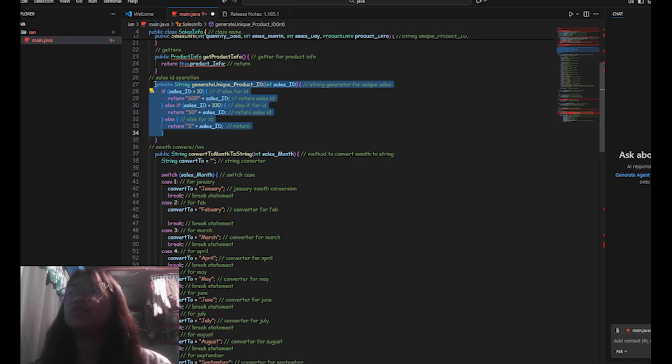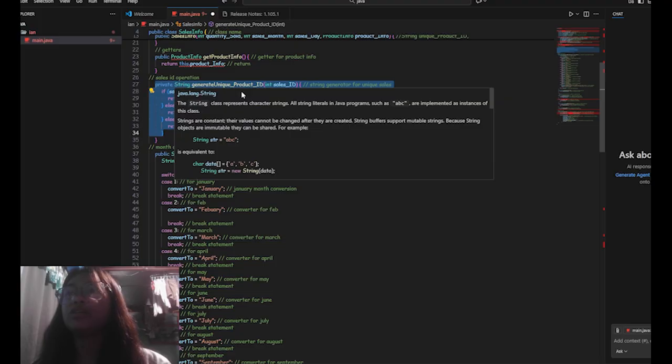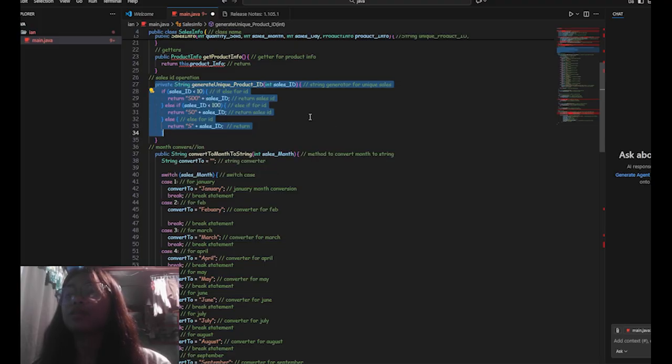This method, the private string generate unique product ID, creates a unique sales ID and checks if the ID is a single-digit number and returns the ID formatted with 2 leading zeros, and if the ID is 2 digits, it returns the ID formatted with 1 leading zero. It covers all larger numbers and returns the formatted ID without zeros.